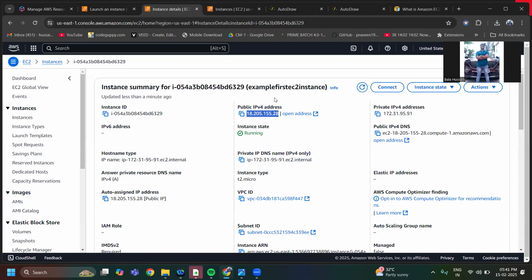So this is the first example, first EC2 instance. It has a public IP. So this is the public IP. If you want to connect with this particular example first EC2 instance, you need to use this public IP. Then only you can connect with your EC2 instance. Okay. So then I will connect with the EC2 instance